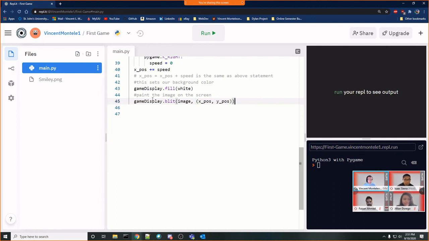Why it takes this is it's going to paint the image. We pass in the image we loaded up, that way it knows what image to paint. And we pass in our X and Y, that way it knows where to load that image up. That's the whole idea, right? We have an image loaded up. Now, controlling the speed, we can change where this whole thing is loaded.